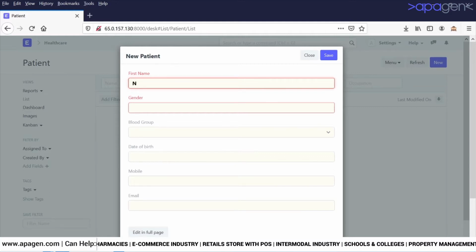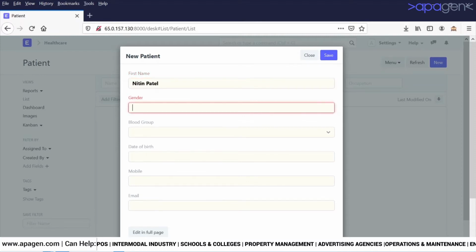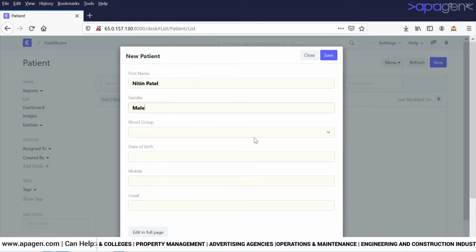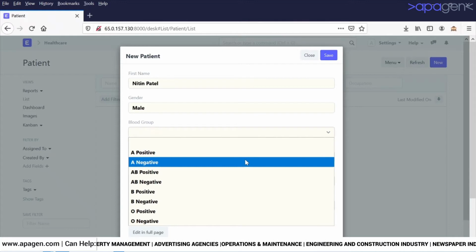As you can see, I have a screen for customer. As soon as I click, I can see all the customers here. I have some filters available for the same. To create a new customer, on the right hand side you have a new button.